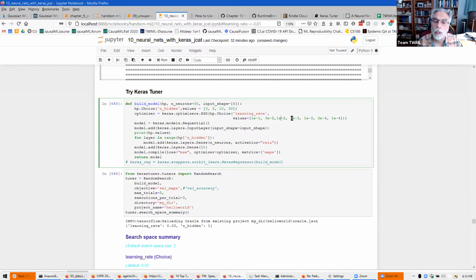3 times 10 to the minus 2, 1 times 10 to the minus 3 times 2. So these are probably too small to worry about. We already know that the really small values didn't do very well. Okay, so in this case, I called the optimizer, and in the optimizer, that's when I gave it